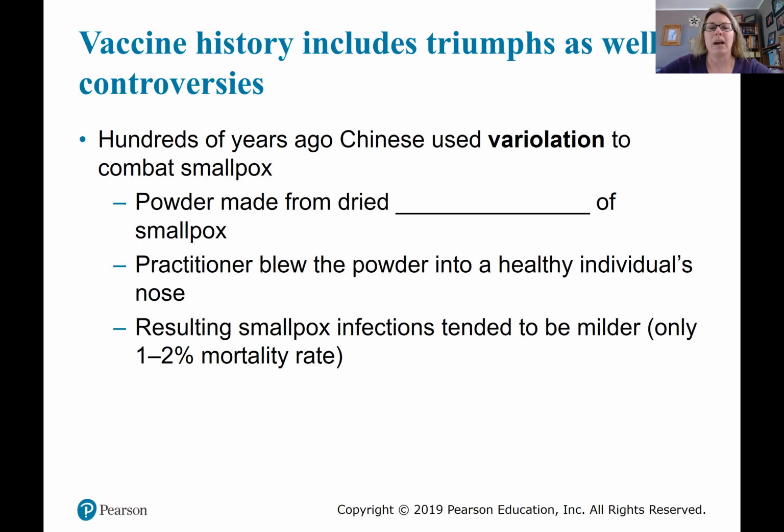Okay, so vaccinations started back in the 1500s in China. There was, I believe, a woman who wasn't technically a doctor, maybe I should have read up on it, but they started taking powder from the scabs of smallpox victims, and then the person would blow the powder into the patient's nose, and that would protect them